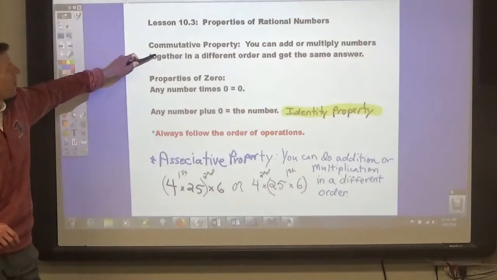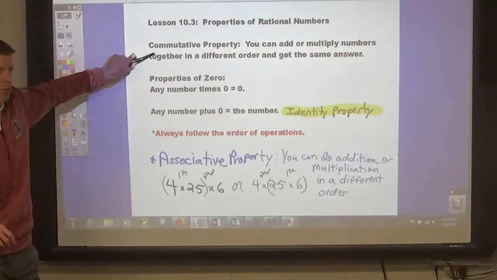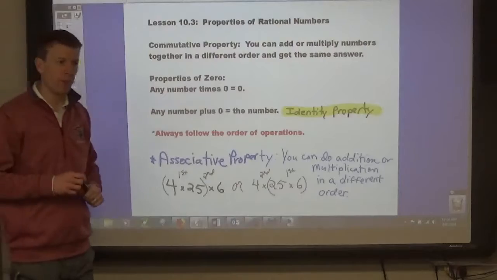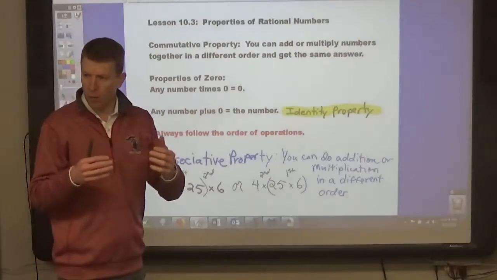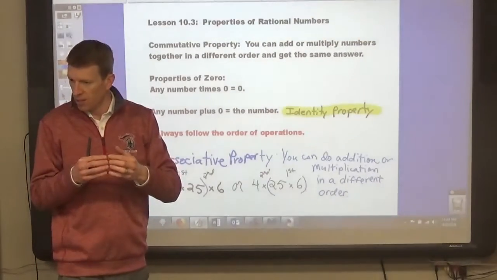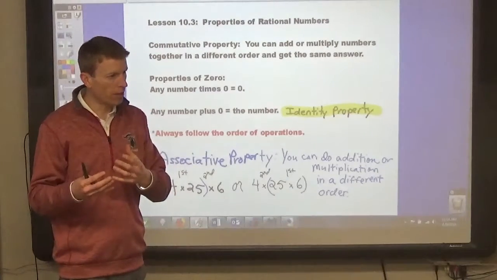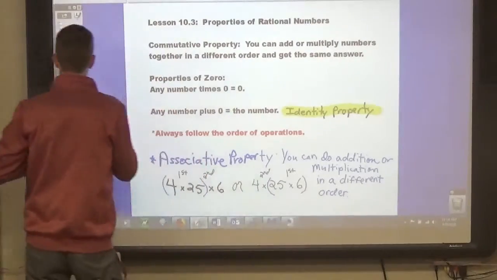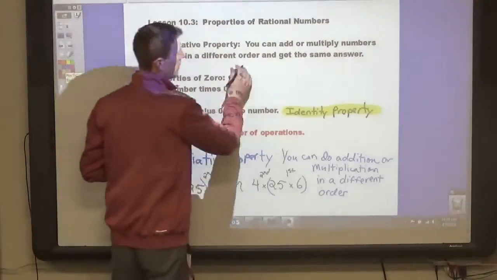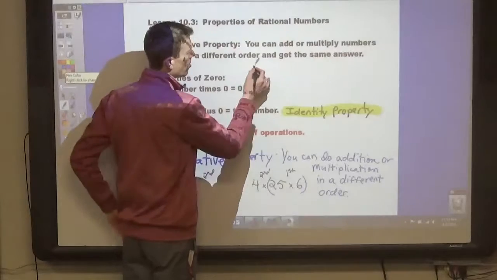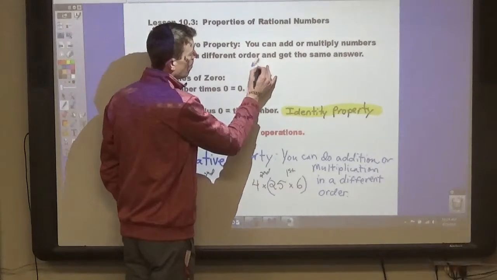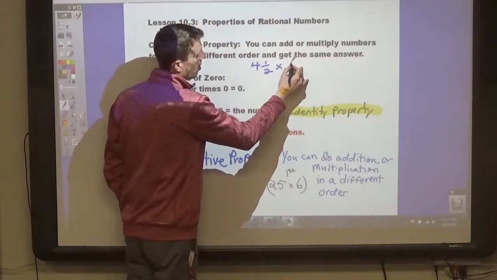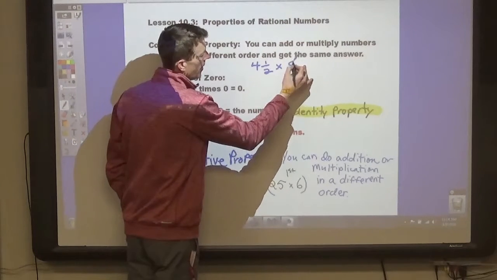For example, in the commutative property, if you know the commutative property, you know that you can change the order of numbers so you can add them or multiply them to make easier numbers to work with. For example, let's say that you have a set of numbers like 4.5 times